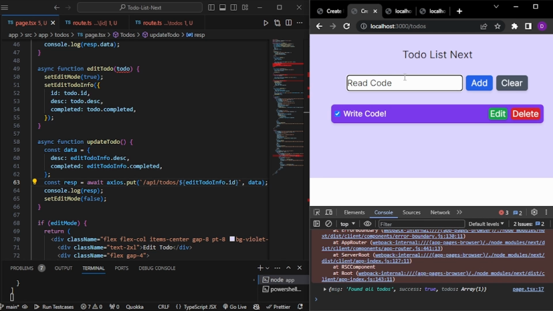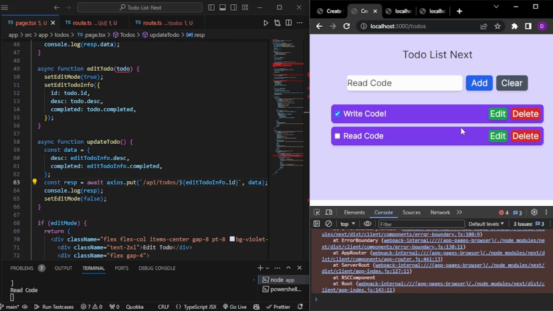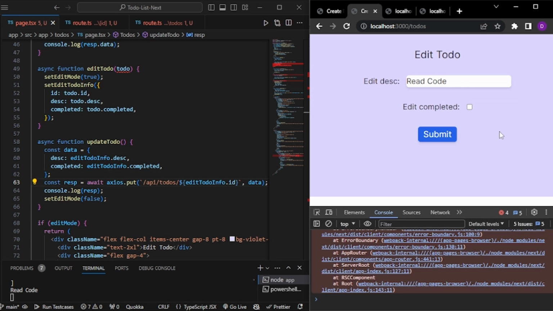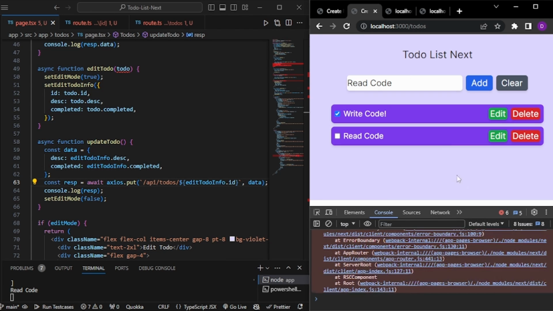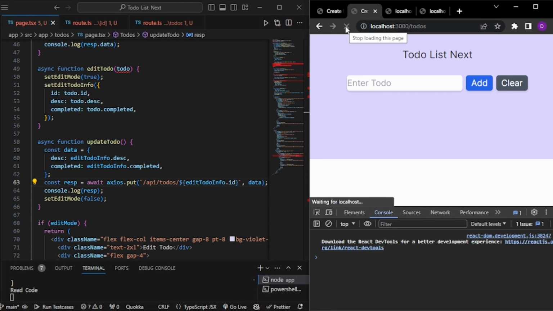Read code, add. This is read only, we cannot change. We can go to edit and read. Instead of read code, let me write read next. Edit completed as true, submit, and right now it is read code. We can refresh and it will be changed to